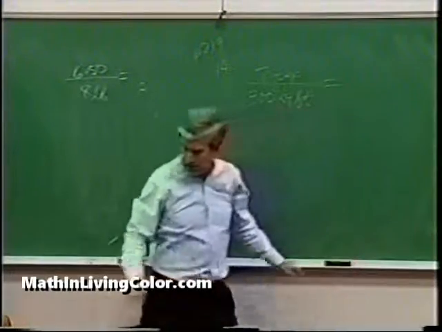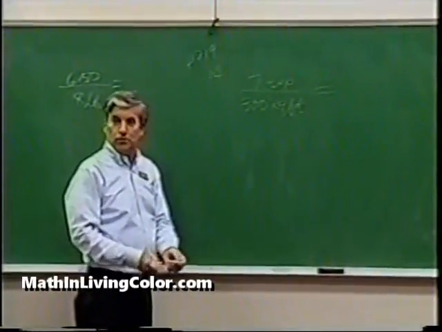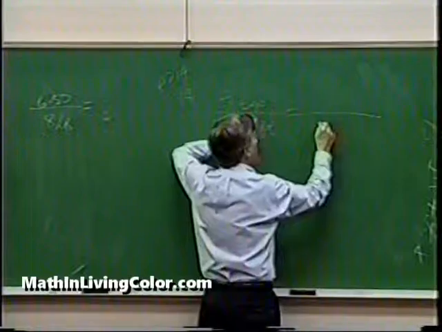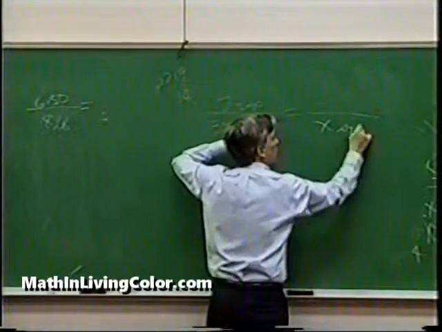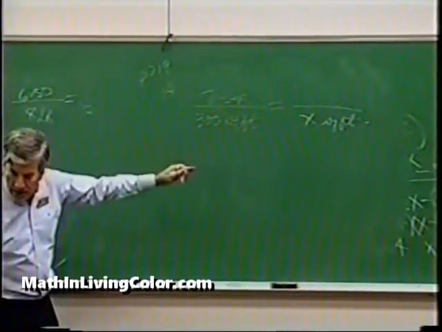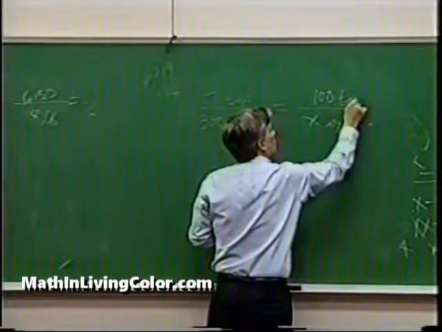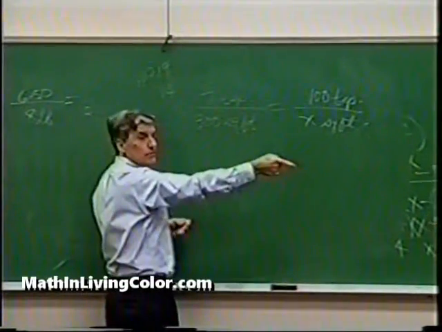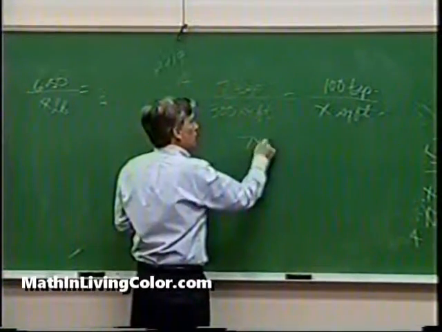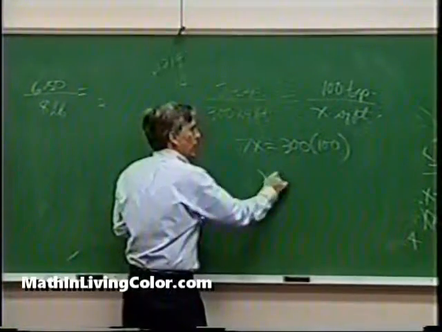The rest of the problem says, how many square feet? Where does x go? In the denominator, right? So that would be x square feet. And it says, how many square feet can be treated by 100 teaspoons? So I have 100 teaspoons, and there's the ratio. How do we clear the fractions? 7x equals 300 times 100, and therefore x equals